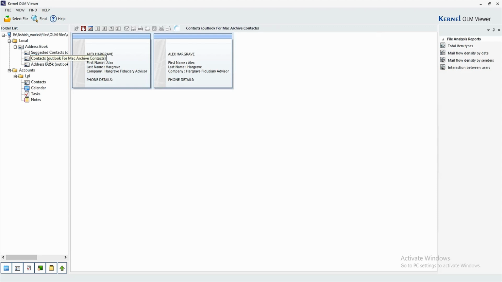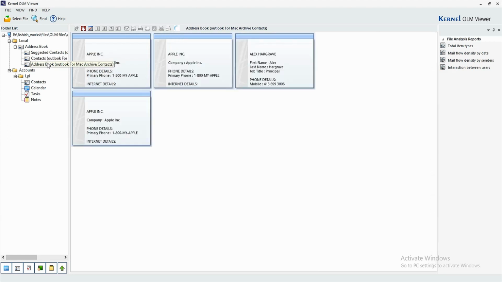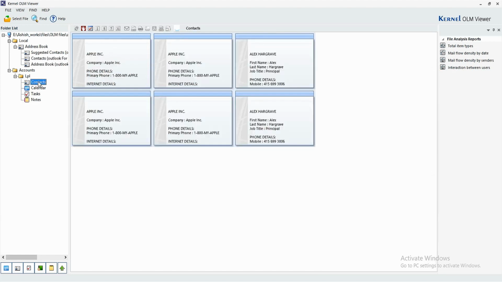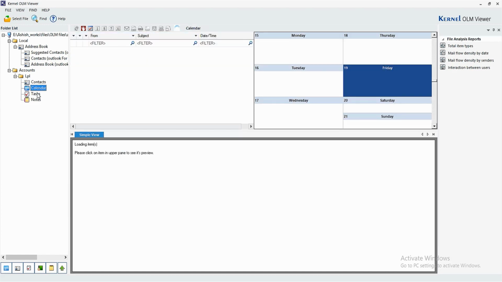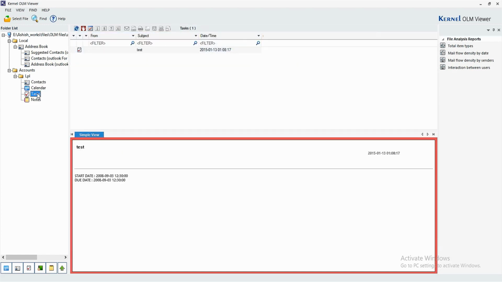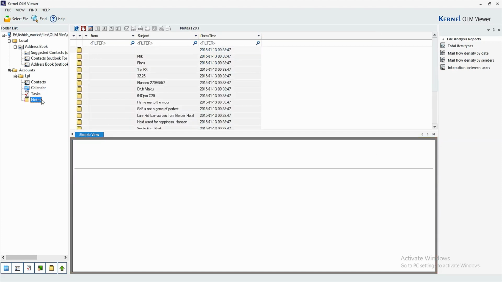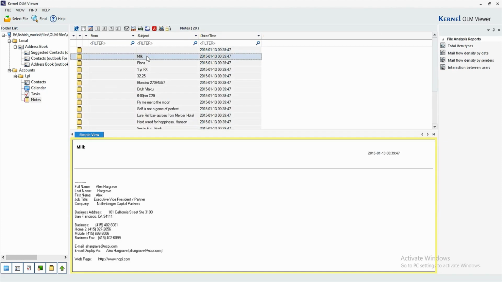This tool maintains the email in its original hierarchical form. You can see your email's preview with its complete body, including content, images, links, tables, and other parts. Although you cannot save the OLM file, there are some insightful reports that you must check, and gain insights related